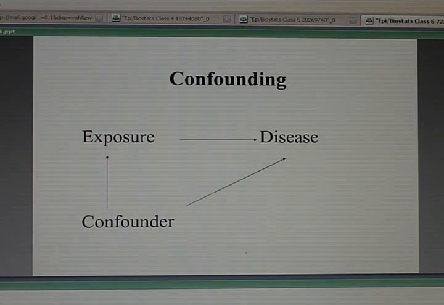Each spam use is influencing some outcome. The outcome is being anxious. We want to know whether this top arrow exists. What we're worried about is this other factor, gender, which has two properties. It's related to the exposure, spam consumption. It's also related to the outcome, anxiety. So from this diagram, we notice there are two ways by which spam users can